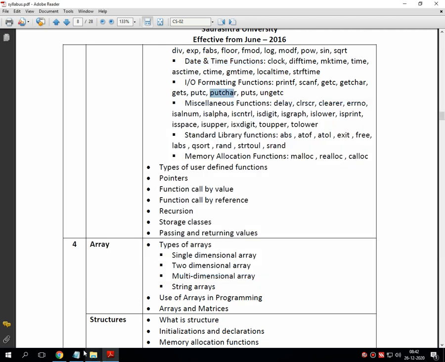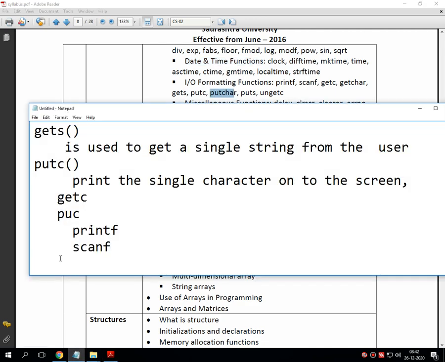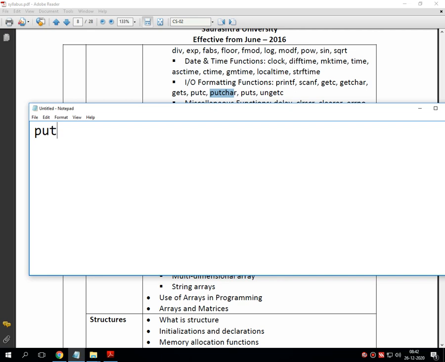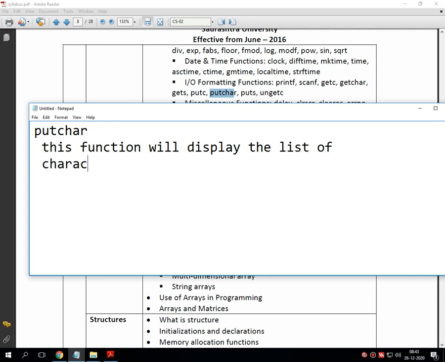Next is putchar. This function will display the list of characters onto the screen.